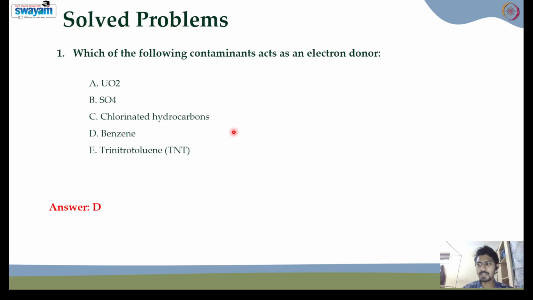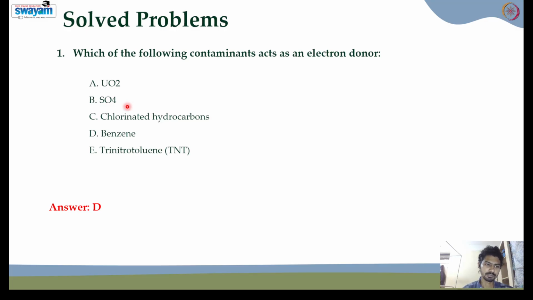So the correct answer is benzene. And why not the other options? If you see uranium oxide, mostly it acts as an electron acceptor. Why is it so? Because of its ability to gain electrons and form a higher oxidation state. So that is why UO2 acts as an electron acceptor. Whereas SO4 also acts as an electron acceptor in case of oxidation reaction. So this SO4 will accept electrons and convert into sulfide or